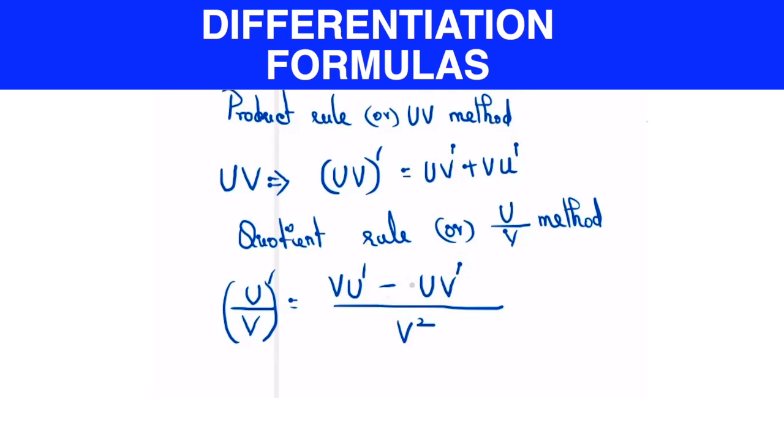Here you cannot change the order, mainly because subtraction is not commutative. So there's an easy trick to remember. First, it is like the product rule. Two things are going to be written in multiplication. But remember, the denominator is differentiated second and the numerator is differentiated first. So that will help you to write the numerator for u by v the whole dash very easily: v u dash minus u v dash, the whole thing divided by the square of the denominator function.